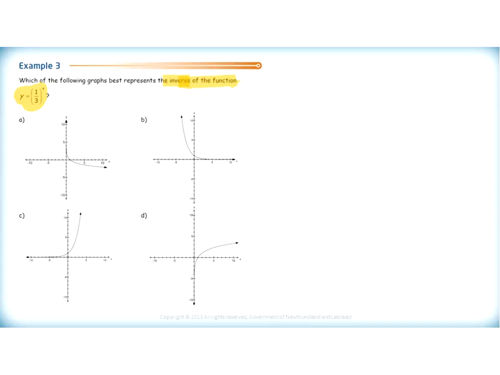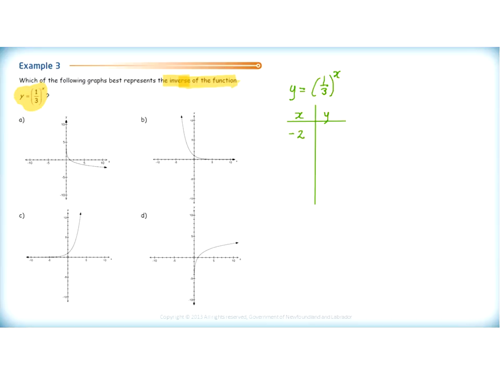If we switch the x and the y values, then we should get some coordinates of some points on the new graph. So if we look at y equals 1/3 raised to the power of x, and if we pick some values in the table on that graph,